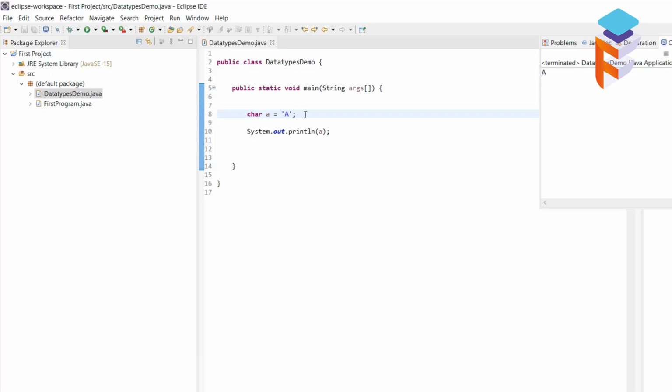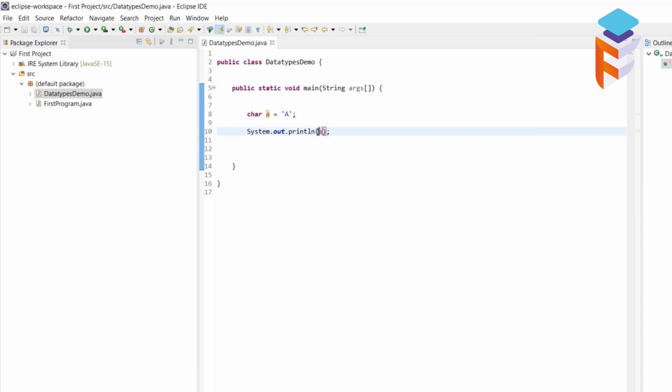What happens when you store a character value is, this character value is converted to an ASCII code and that ASCII code will be stored in the memory. The ASCII code of capital A is 65. So in memory, number 65 will be stored. To see that, we can convert this char to the integer data type, and that concept is called typecasting, that we will discuss in the next video. Only for proof I am showing it.